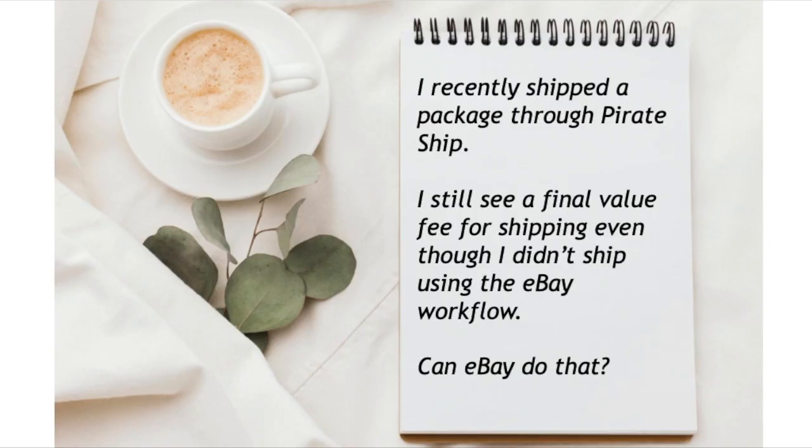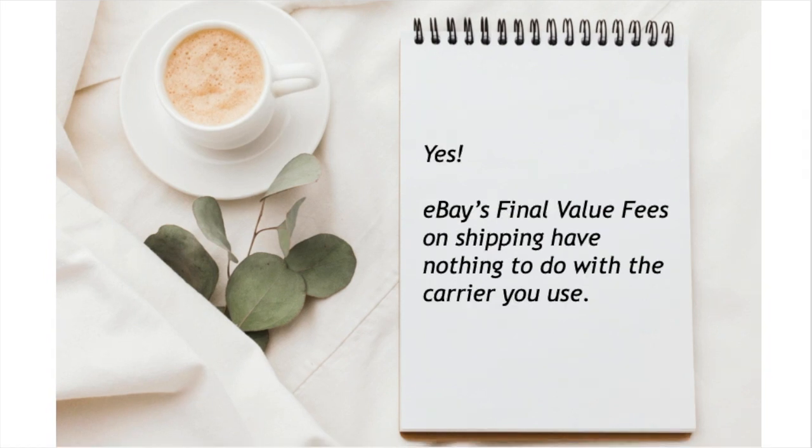The question this time is from Paula and she asked, I recently shipped a package through Pirate Ship. I still see a final value fee for shipping even though I didn't ship using the eBay workflow. Can eBay do that? Oh, absolutely. What you're paying there is the final value fees on the shipping, regardless of how